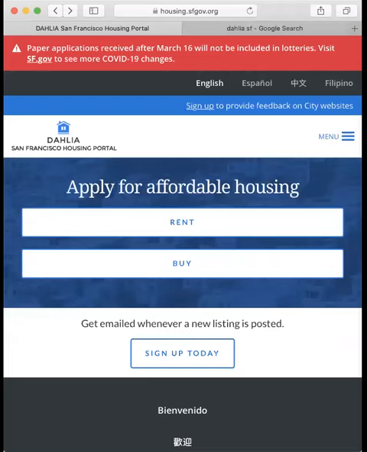This video shows how to create a Dahlia account. I've opened a browser on my computer and minimized the screen so that it looks like what you might see if you're creating a Dahlia account on your smartphone. When you open your browser, you'll want to go to